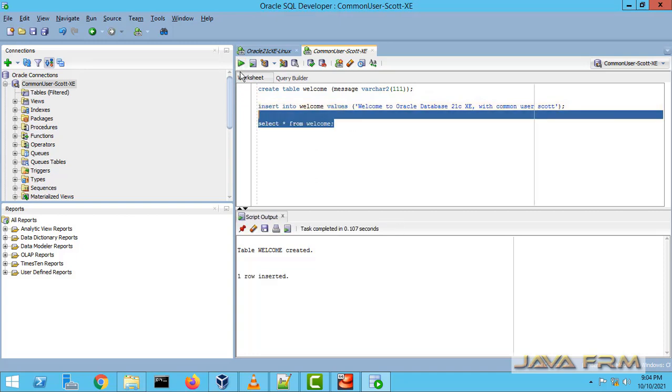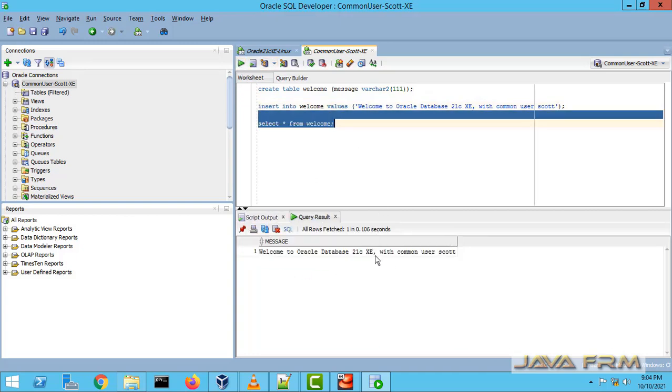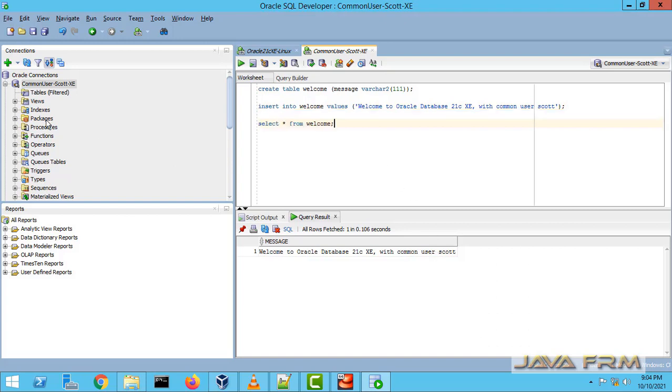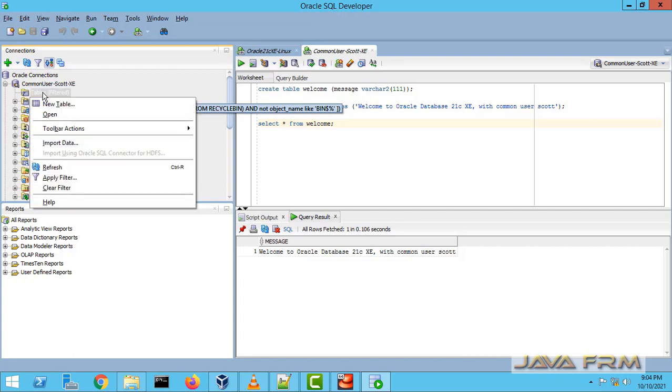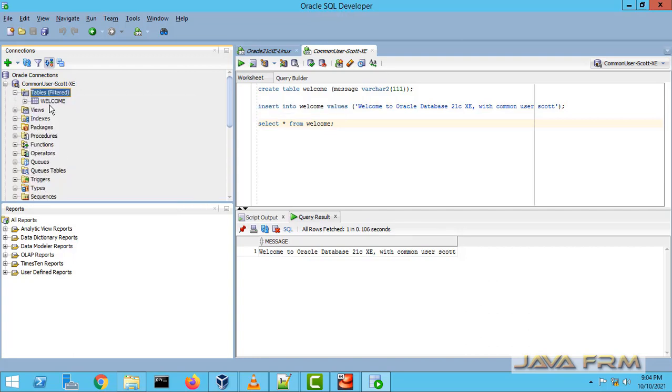Yes, so I am able to create a table, insert one record and select from the table. So these tables are stored in XE, that is the XE container database of Oracle Database 21c Express Edition. You can see the table got created. So common user creation is successful in Oracle Database 21c.